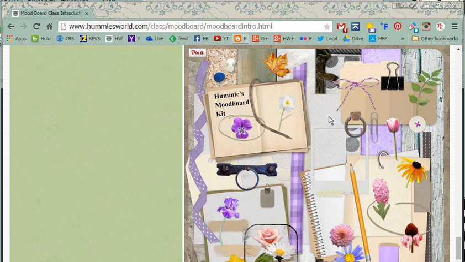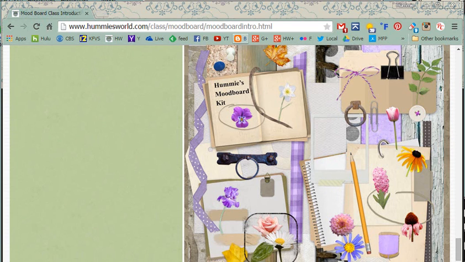But you don't have to buy my kit here. I just wanted to create something that might inspire you and also to use in my own pages. And I do appreciate all that do purchase the kit, but you can use any digital scrapbooking supplies. There's a couple pieces of washi tape in there. There's one here and there's one down here. There's just lots of stuff hidden in here. So